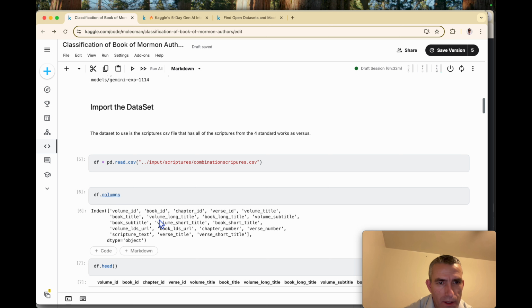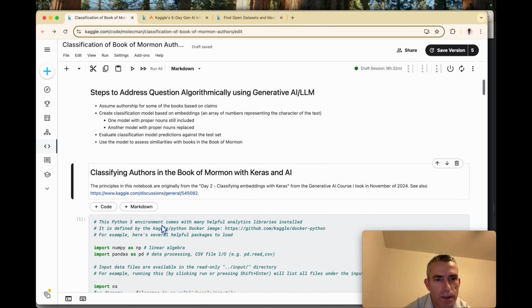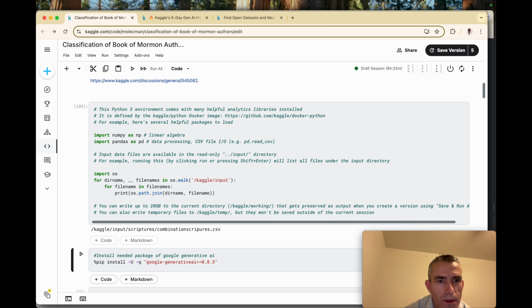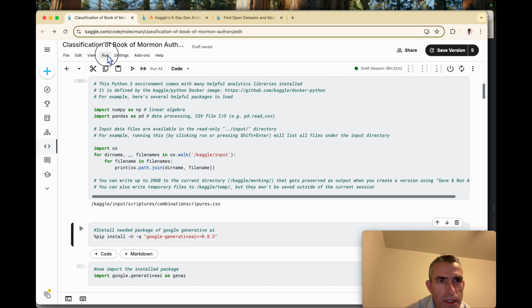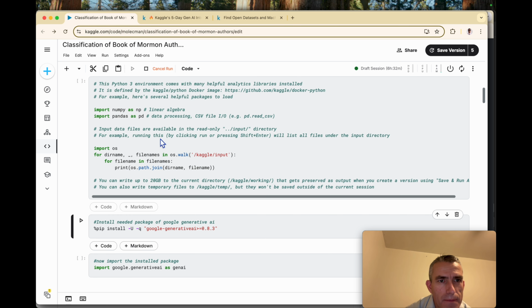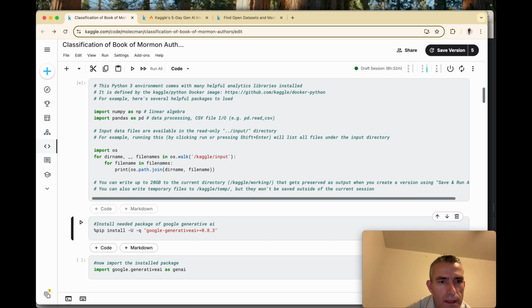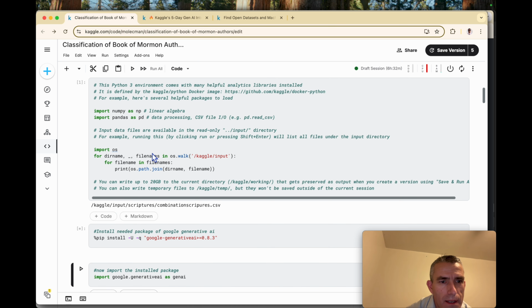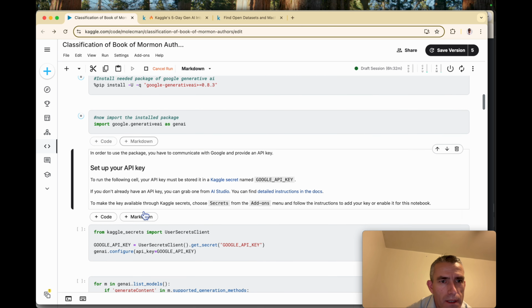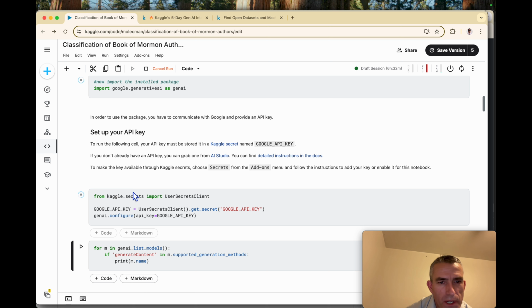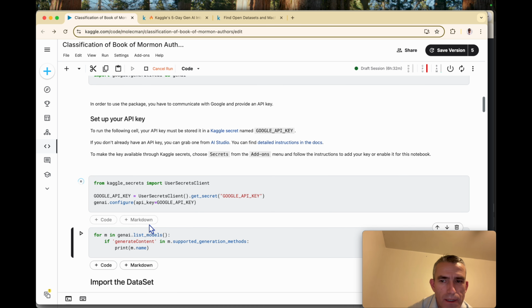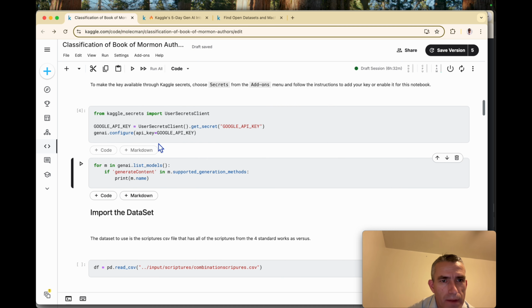It's identified by these columns, and we'll run this worksheet just so you can see exactly all the details here. Let me restart it, and so we're going to be communicating with Google's client for Generative AI to get embeddings and other important large language model parameters. And so you have to have an API key.